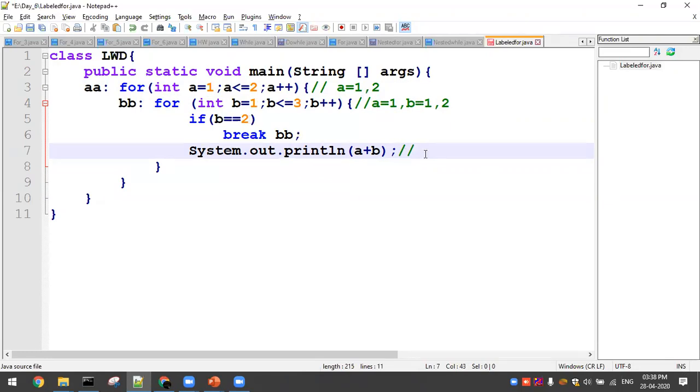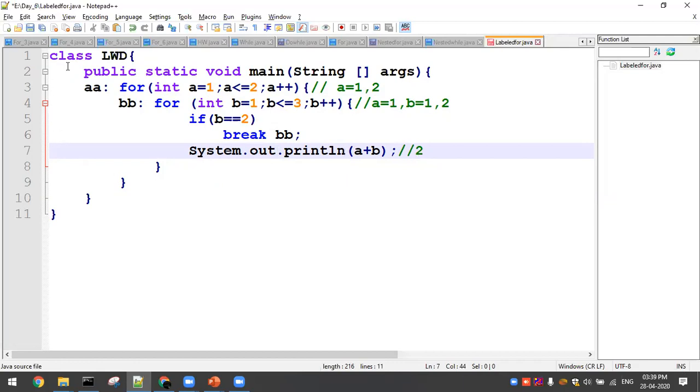So you'll print the value, 1 plus 1 is 2, you'll get 2. Because a is 1, b is 1, next incrementing b, less than 3 true, again b equal to 2, in that case this inner for loop will break. So you'll be printing only 2.